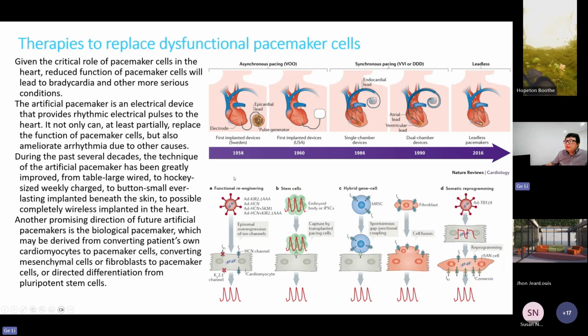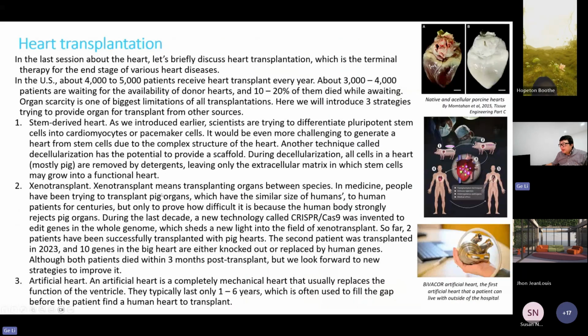If the heart does not have enough pacemaker cells, the heartbeat will reduce, and in some cases, it may be very dangerous. So people need the artificial pacemaker. And this page, I don't think I have anything to test in this page, but this one,